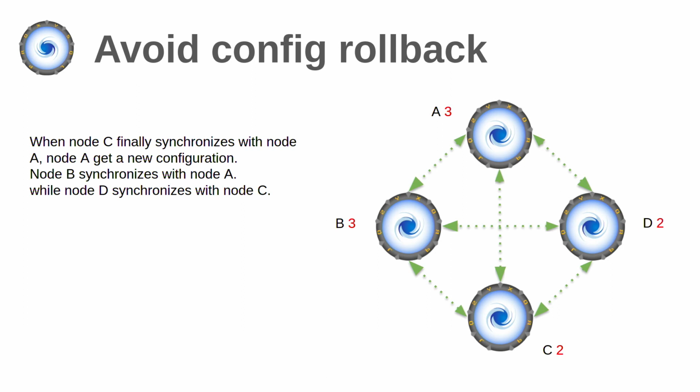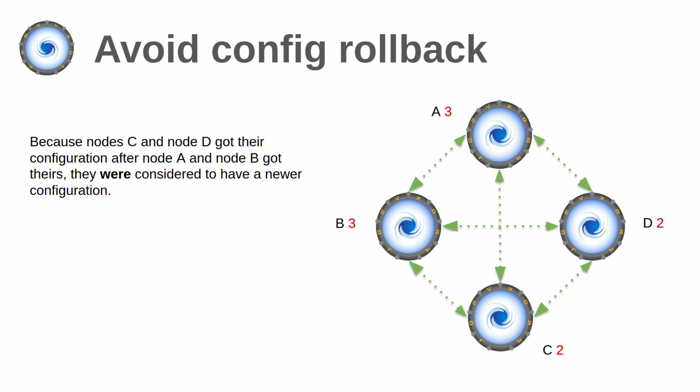Now, what problem did we face in the past? Because there was a delay between when configuration number 2 was applied to A and when C finally applied that configuration, it is possible, just a timing issue, that the configuration in C was executed after you made the configuration change in A. And if the configuration is only time-based, what the cluster will think is that the configuration 2 is actually newer.